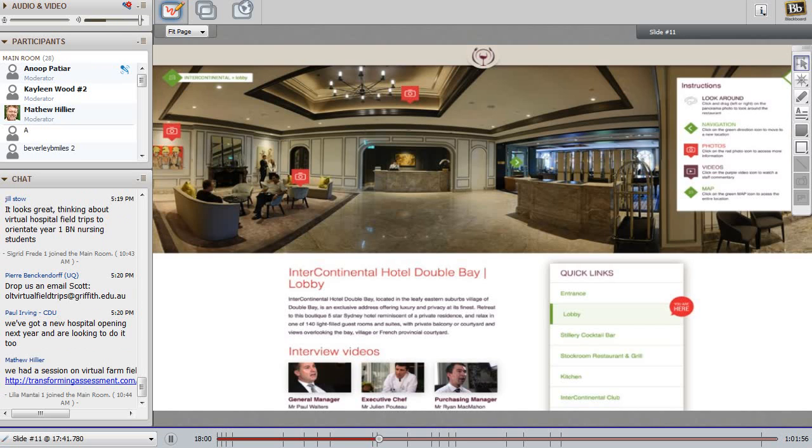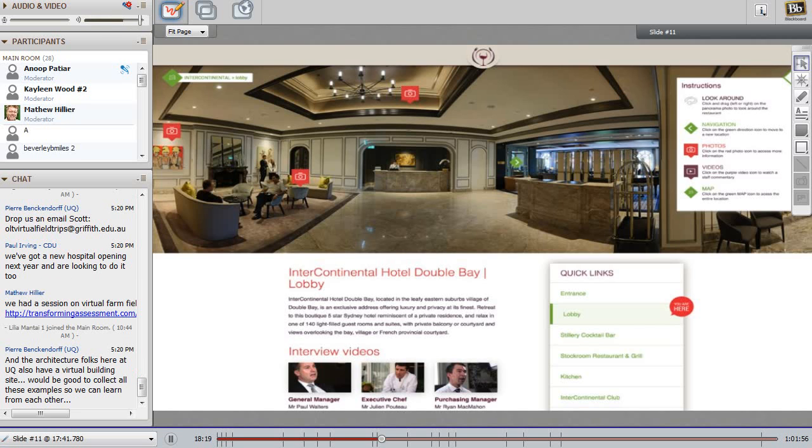So my slide takes us to the Intercontinental Hotel, and you see that it lands onto the lobby, but eventually it lands into the entrance of the hotel, as if you're taking a bunch of students on a physical field trip, but instead of taking them physically, it is walking through a camera and videos and so on.